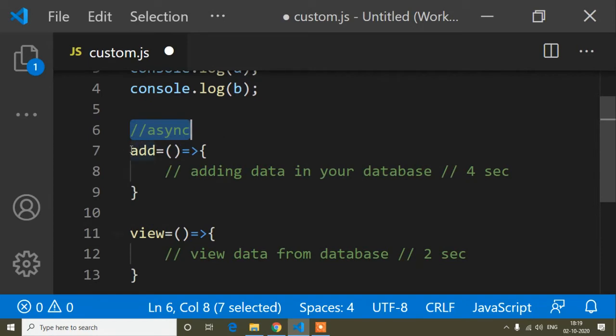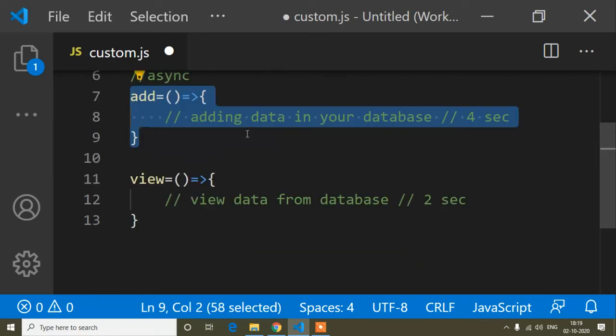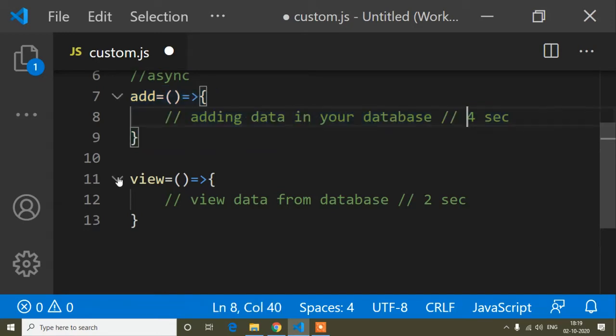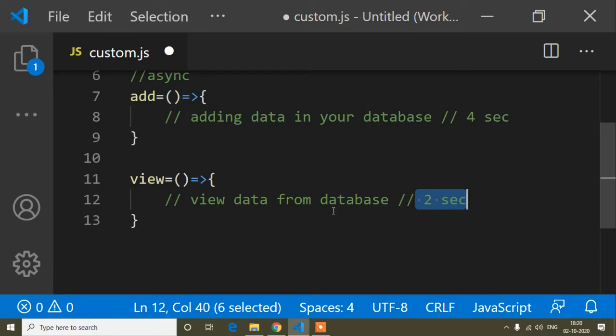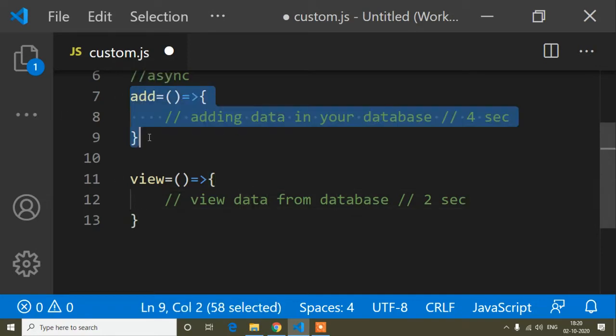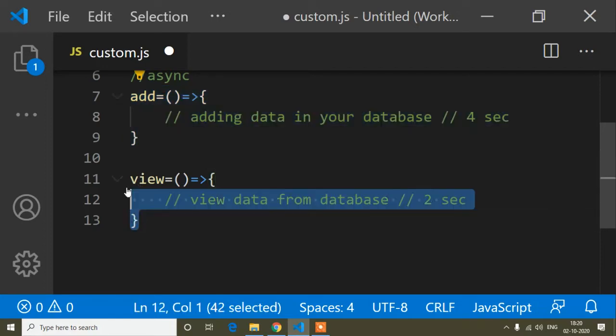So when it comes to execute these functions, it will see this one is taking more time, 4 seconds, and this one 2 seconds. So it will not execute this function, it will come here. After executing this one, it will go back to this function because it takes less time. So that's why it will happen. You will get blank data from your database because the data was not added, because this function was not executed first, so you will get blank.